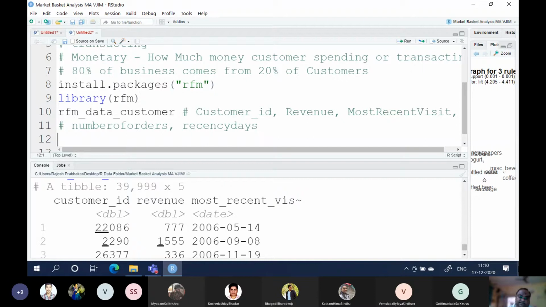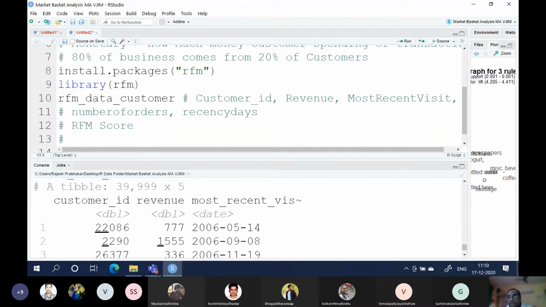Now, there is something called RFM score. It will generate a score called RFM score. The recency score will be 5 to 1, that means 5 is most recent and 1 is least recent.